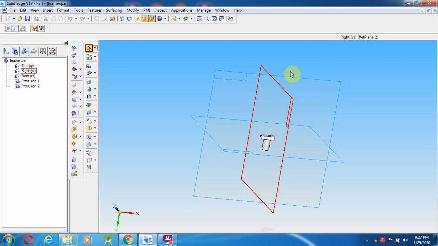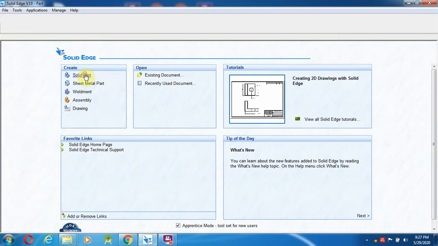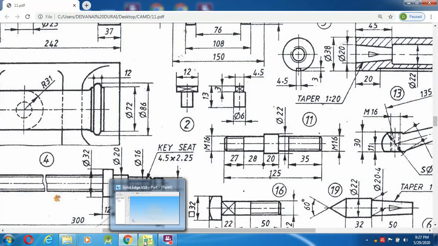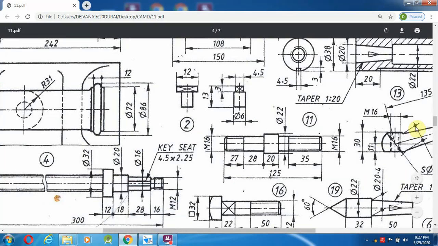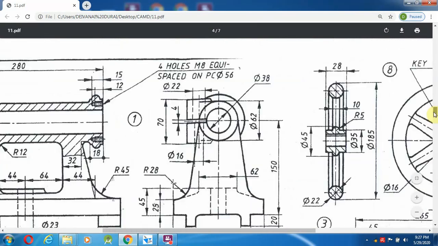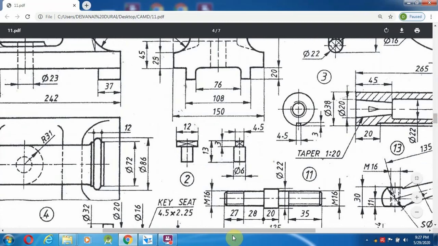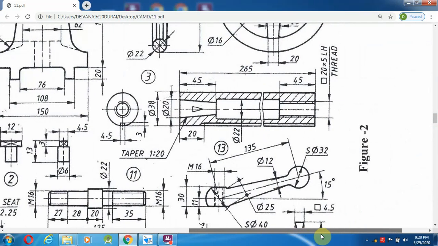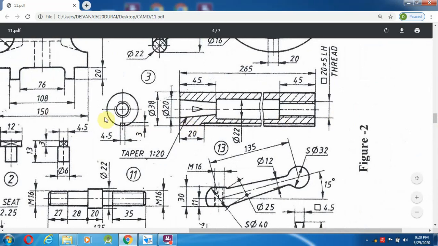Okay, you can close the feather, then go to the solid part, the third part. Where is the third part? It is here. For this third part, they show the front view, the sectional front view and the side view.